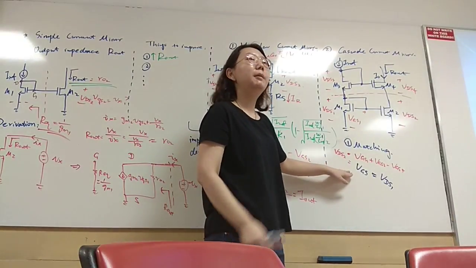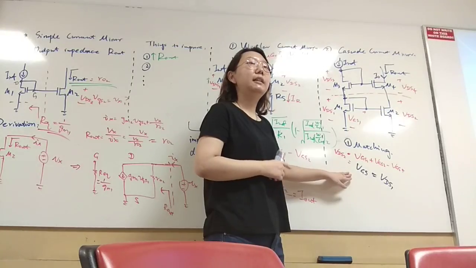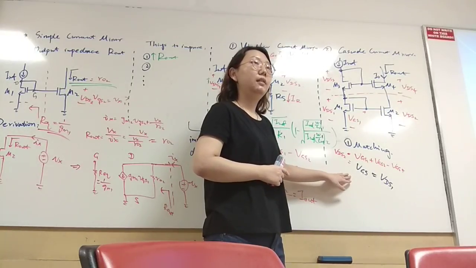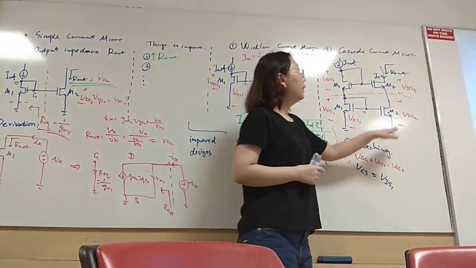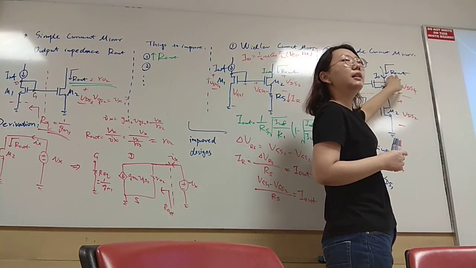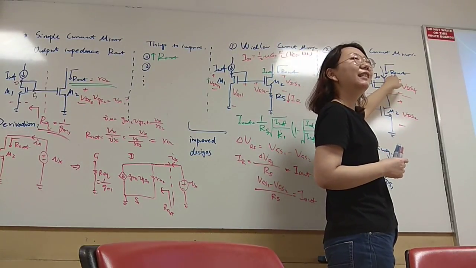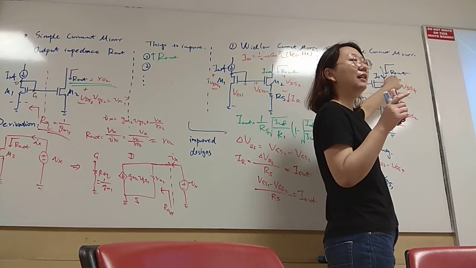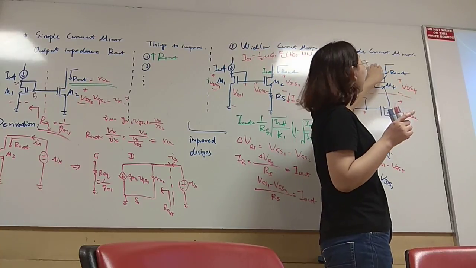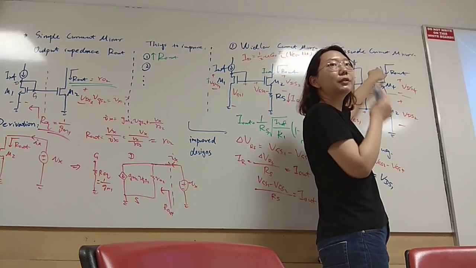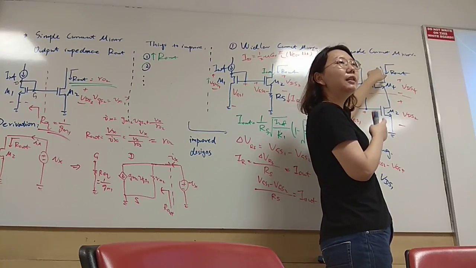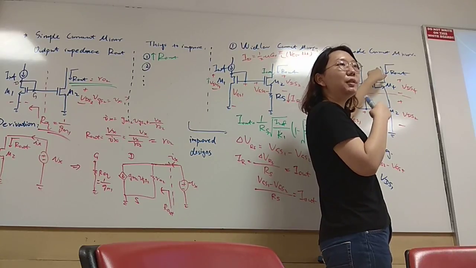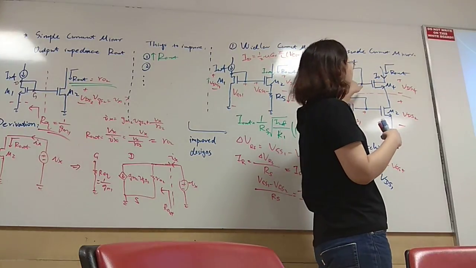So this is about matching. This is how they get this matching. And what's the minimum voltage at this output? When you design an external circuit, you need to be very careful about this terminal voltage. You cannot push this voltage to be too low, because we want all the transistors to work